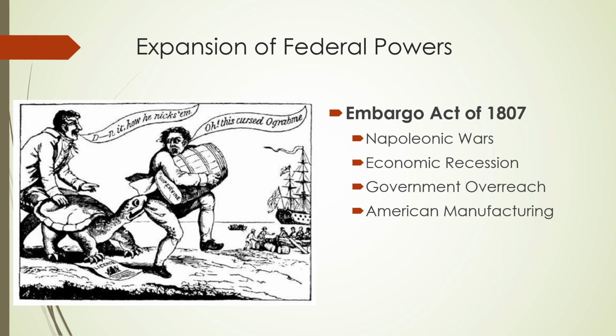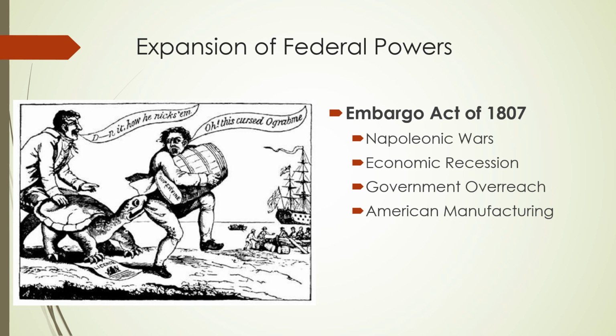And so what's happened is Napoleon and France, and Britain have both declared any nation that trades with the other to be enemies. So anybody trading with France is an enemy of Great Britain. Anybody trading with Great Britain is an enemy of France. And so obviously this is problematic for the United States because we're trying to stay neutral, and we don't want to be an enemy of either. And so the Embargo Act basically forbids American ships from leaving and trading with these other nations, which could potentially be seen as false neutrality or anything like that.